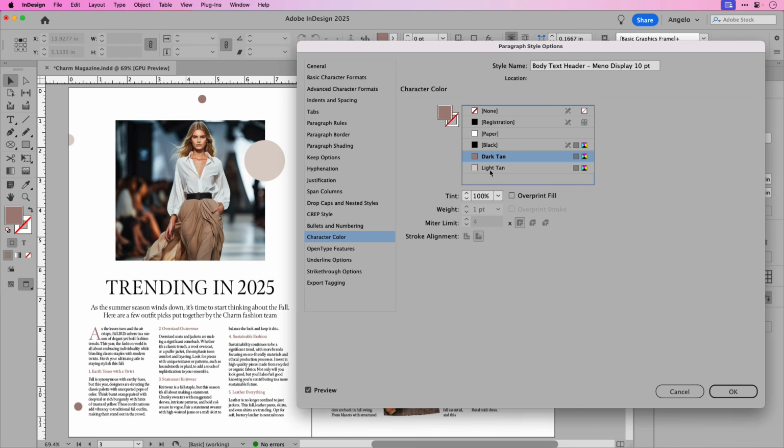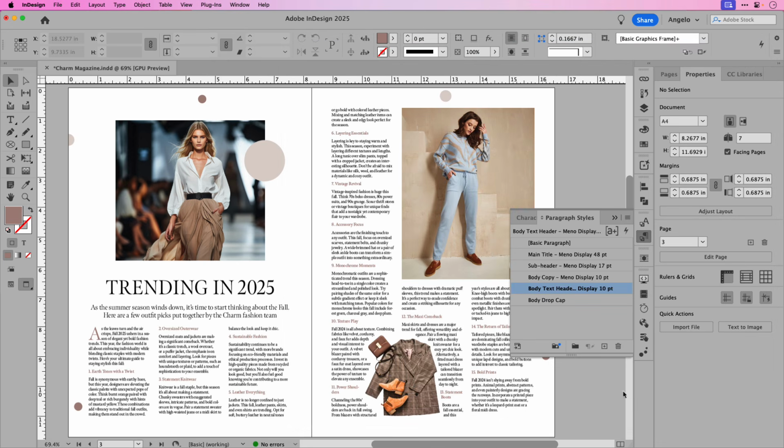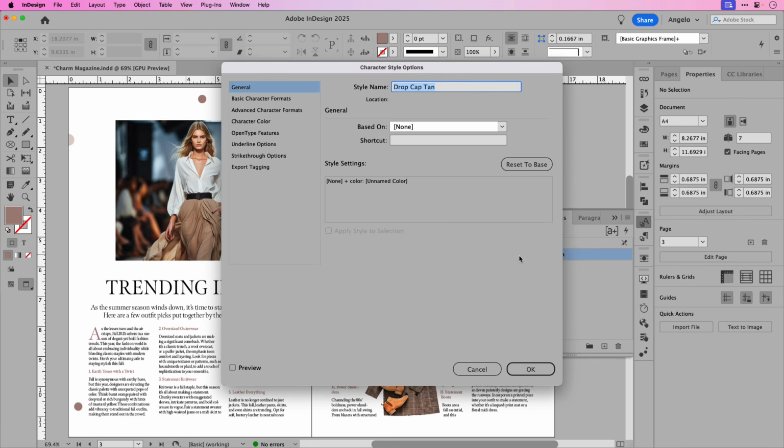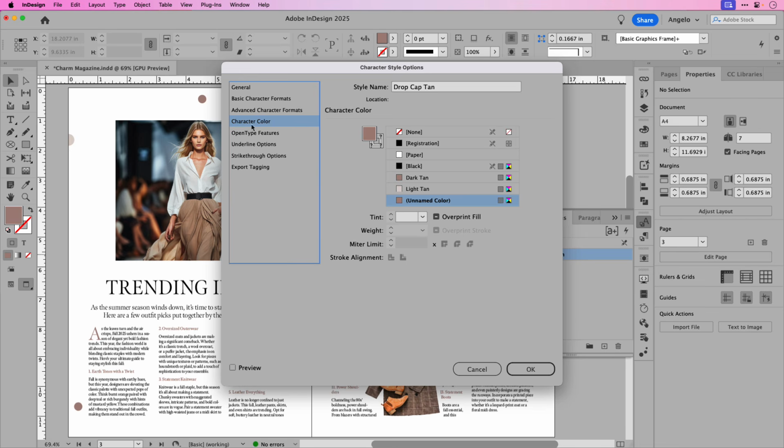If I chose the light tan, that would change to the lighter tan color. You can see that's a little too light on the white background, so let's go back to dark tan and click OK. We could do the same with the body drop cap. Let's click on character style, double click drop cap tan, go to the character color, and let's choose dark tan